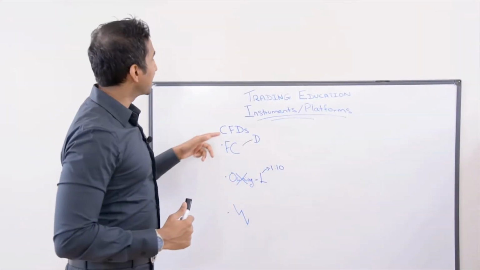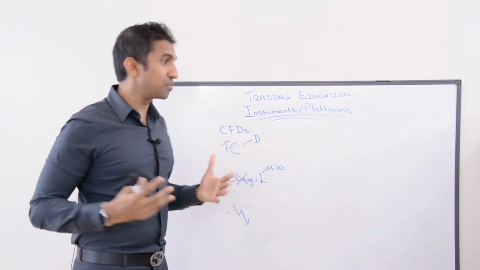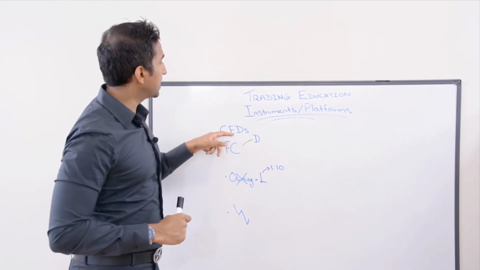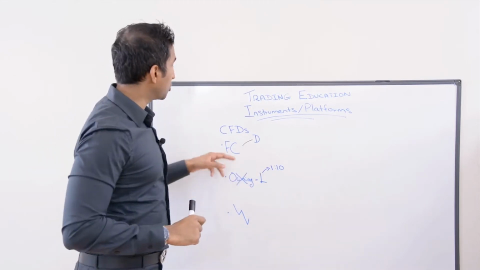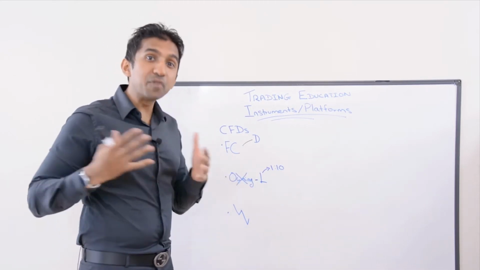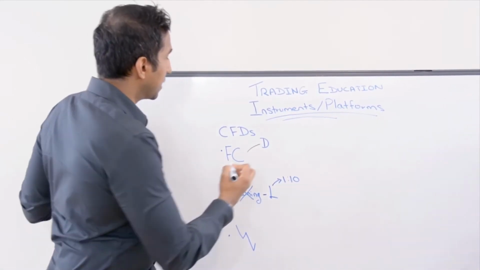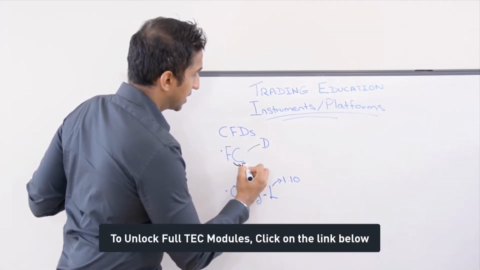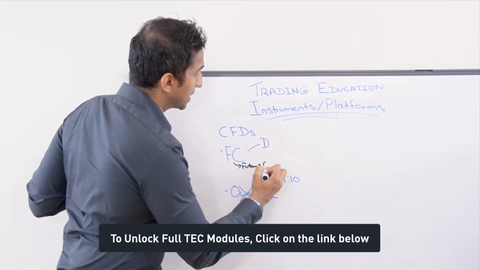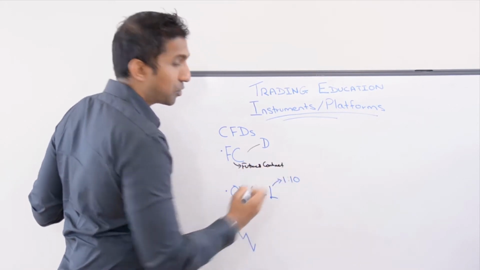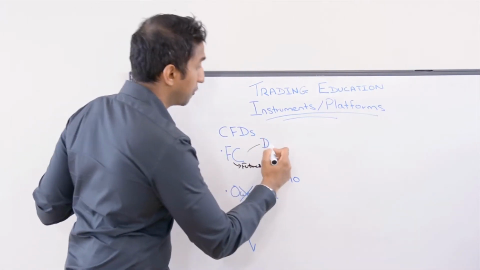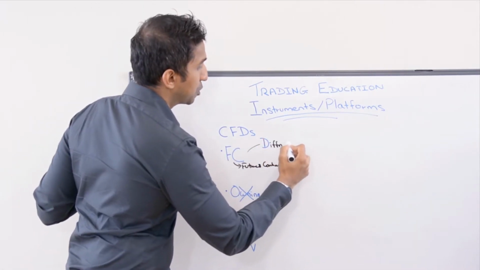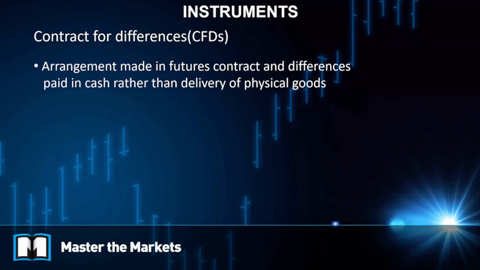Now we look at CFDs, one of the instruments that we are going to be exploring. A CFD is also known as contract for differences. A contract for difference is basically an arrangement that is made in a futures contract. When the arrangement is made, the differential price between the buying and the selling price, the differential profit or loss, is then paid to you in cash